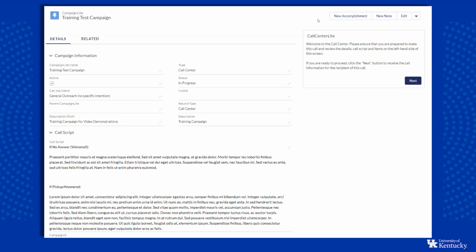On the right side of the screen, you'll notice a little box that says welcome to call center and tells you to be prepared to make the calls and reviews as well as filling out the items. And you'll see that blue next button. As far as what it looks like when you're inside of the system calling, that next button is the only thing that you use to navigate through. So the entire time that you're seeing student details, that you're filling out fields from the call, your script and these details are maintained on this screen. So you never have to worry about having a separate window or separate page open to follow along with your script.